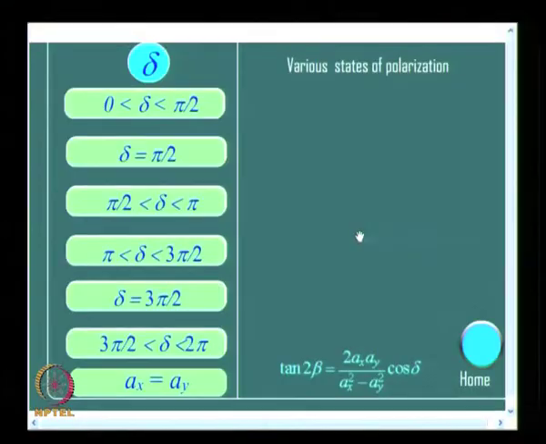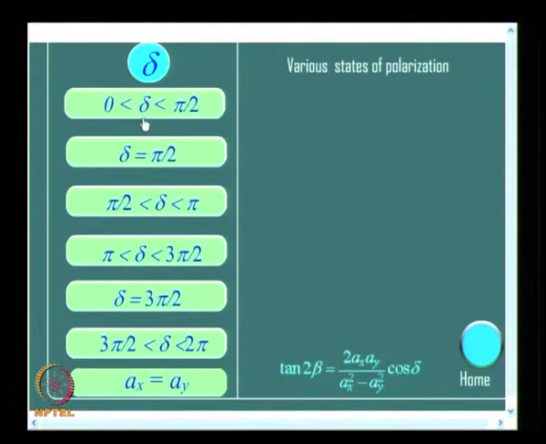So, what you find here is, if I add two simple harmonic motions which are mutually perpendicular with a phase difference, in general I get the trace of an ellipse. This is very important in photoelasticity. We would also see this a little further, and my interest is, when I change delta, what happens? For various values of delta, what state of polarization will you get?